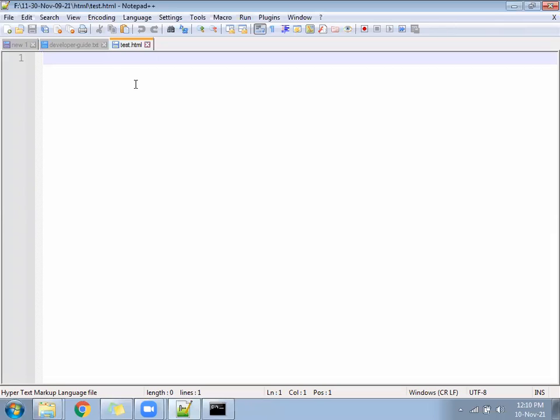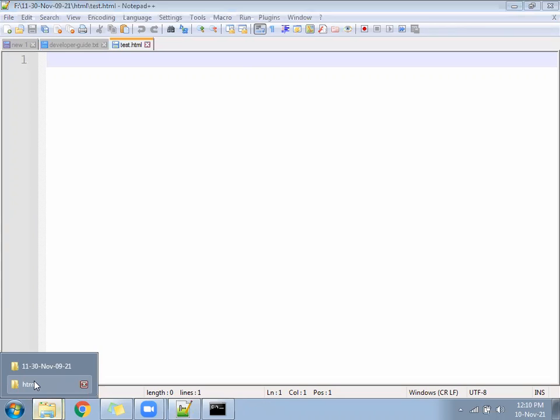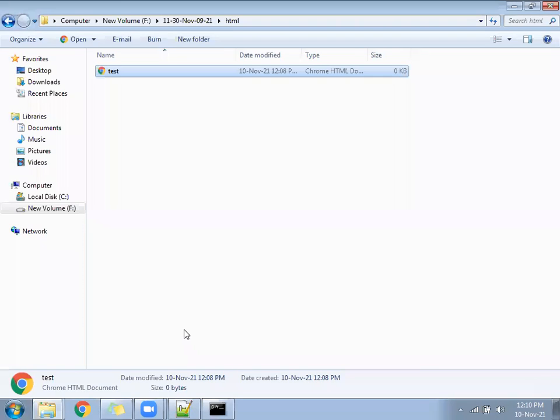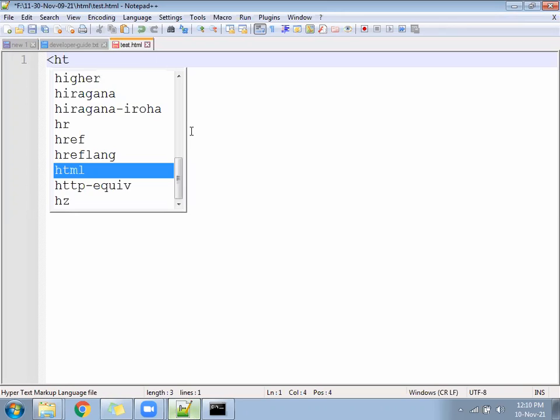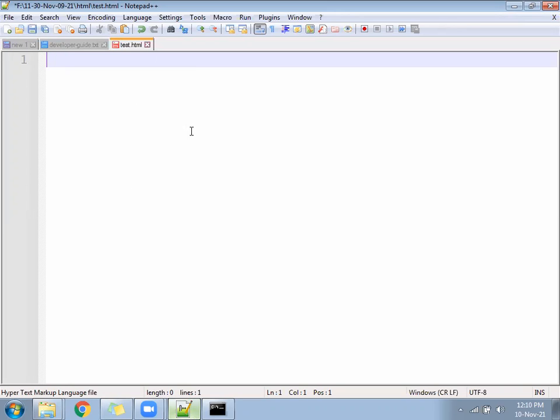Okay, so hope the test.html file is ready and our file is pointing to which folder? HTML folder. Clear? Let's come to the HTML file now. Test.html file. Okay. Anywhere on the internet, from today onwards, or maybe you have already seen, every HTML file minimum starts from here. The auto close we have enabled. First you press the less than symbol. After that write here HTML.